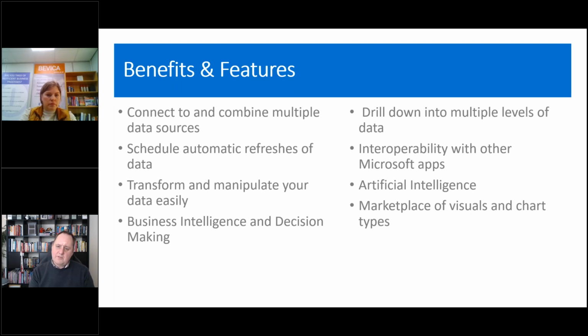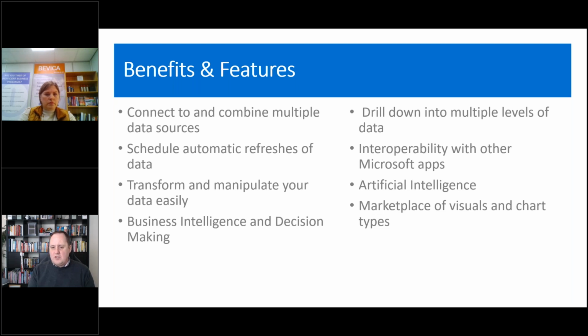We can transform and manipulate the data easily. So if you've not got Power BI or similar already, you'll be used to taking the data out, perhaps adding columns, especially if it's in Excel, if statements, manipulation, all that sort of thing. With Power BI, we do that once when we create your reports and your dashboards, and from then on, it's taken care of. No need to repeat that.